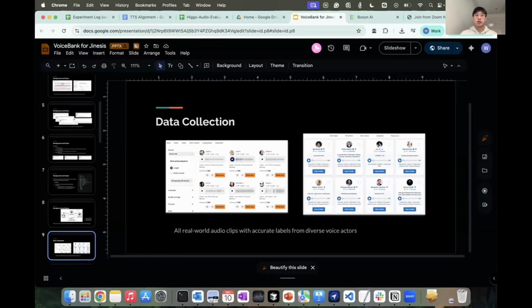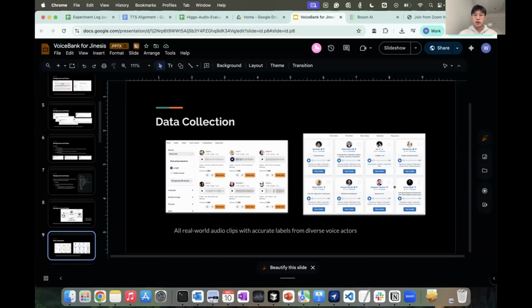And the first part is for the dataset collection. So actually, there are lots of sources. For example, for each language, on the internet, there are lots of voice actor websites. So we just collect lots of real-world audio clips with accurate labels from diverse voice actors, not only from these two examples, but also from lots of other places.